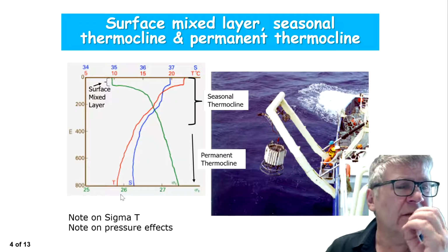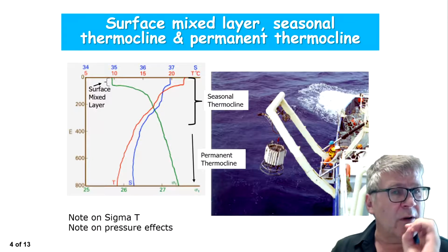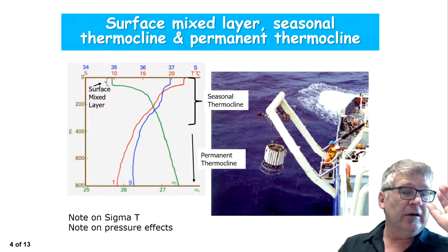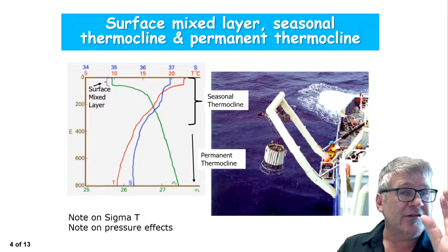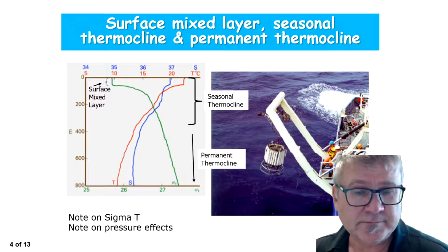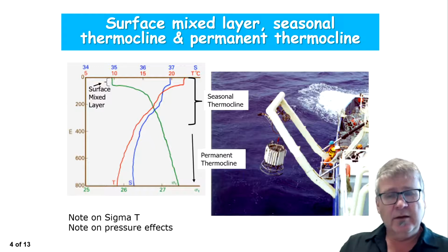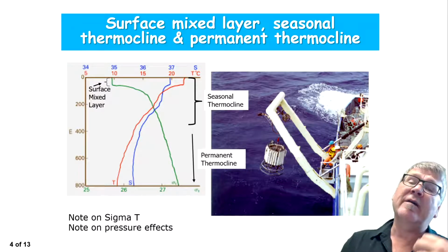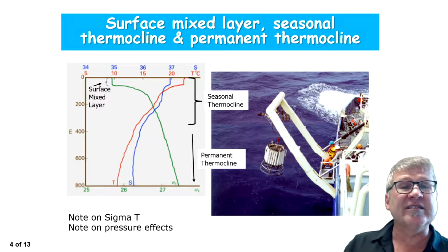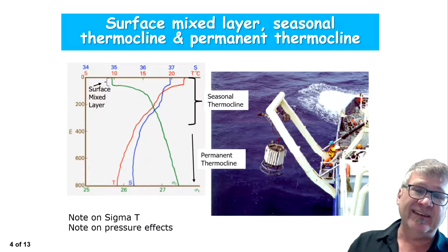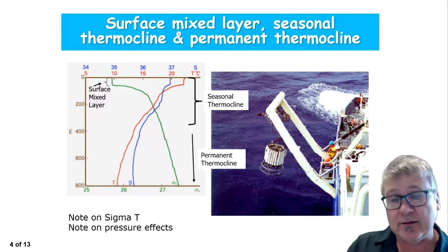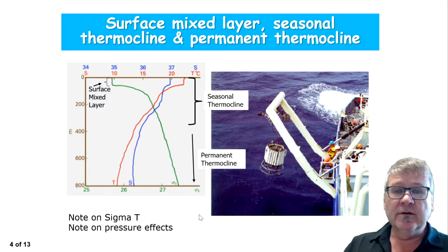So now the depth range where we actually can see seasonal changes in the temperature, density, and salinity structure is called the seasonal thermocline. Underneath, where we have a more robust density stratification, which doesn't change much over the year, or temperature stratification, we call the permanent thermocline. Okay,